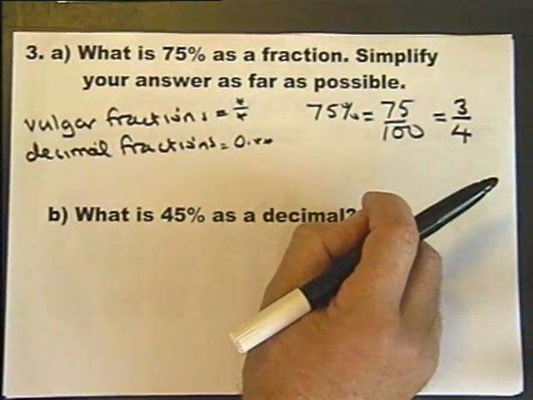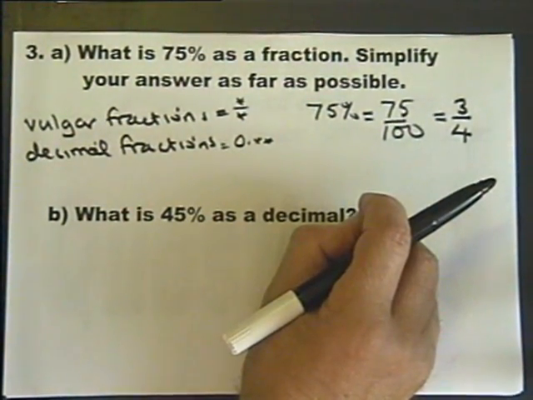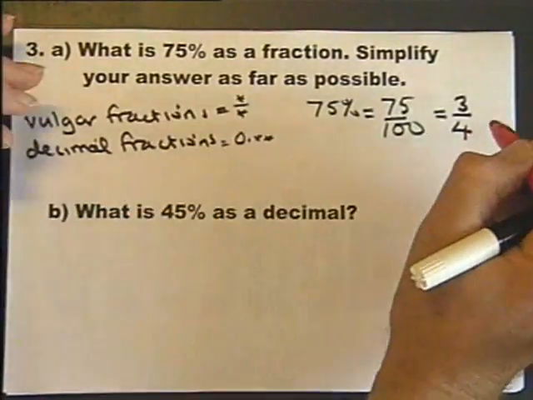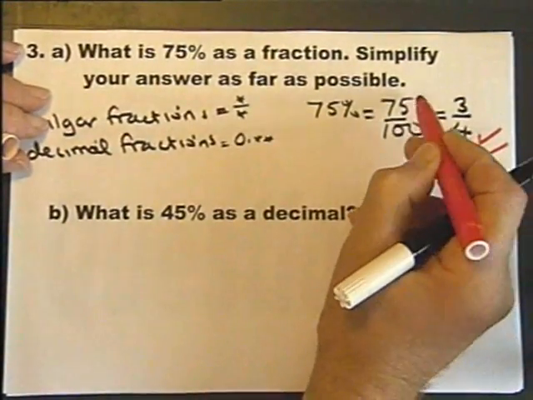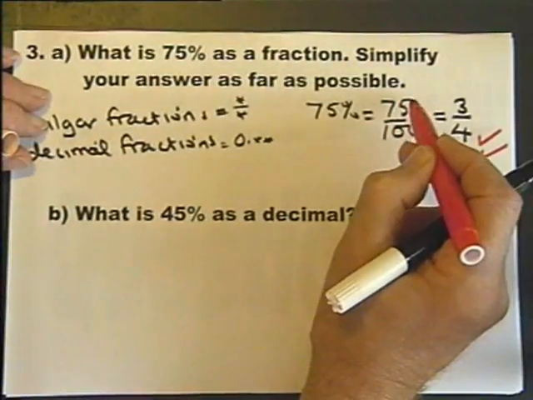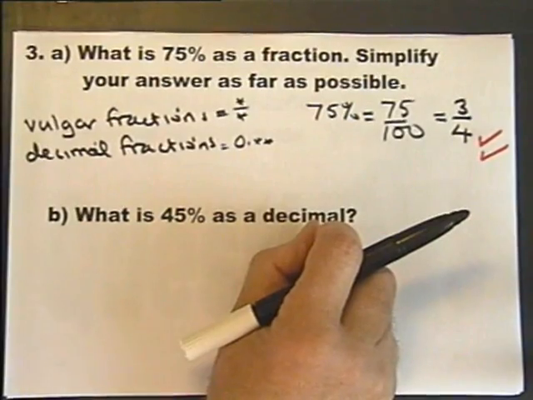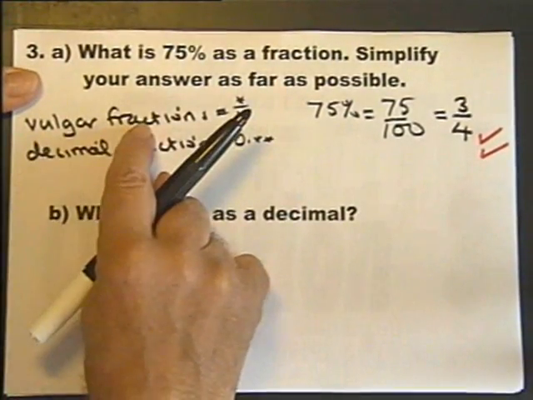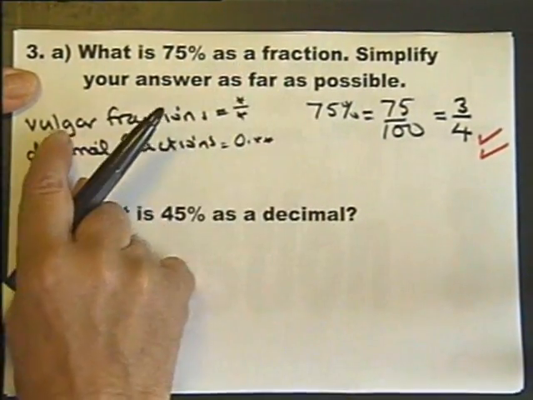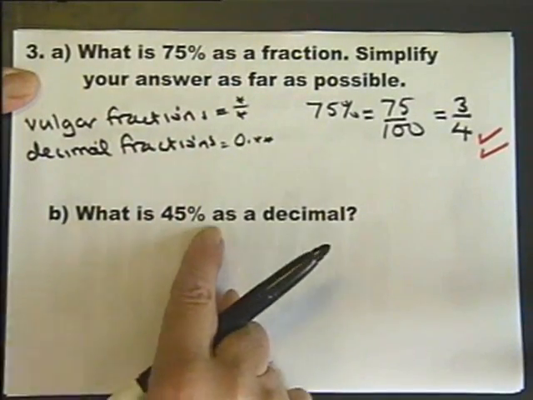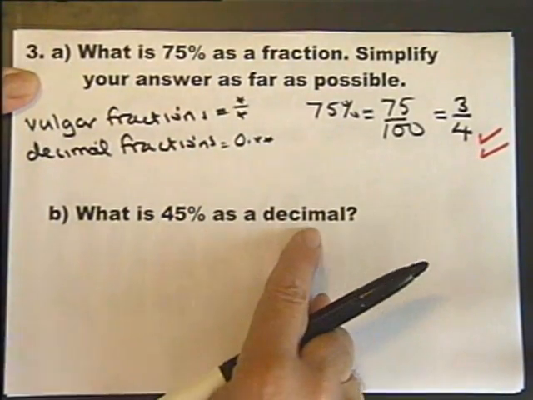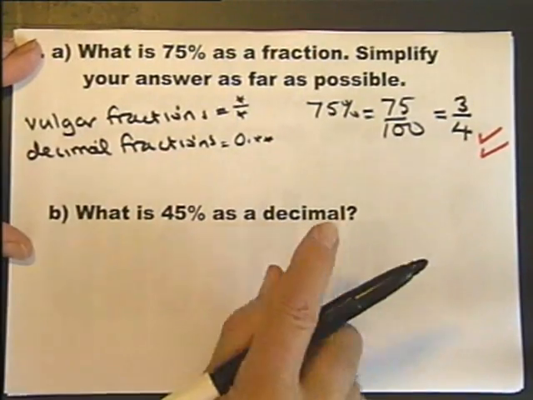If you just wrote down 3/4 and absolutely nothing else, you get 2 marks for this question. If, however, you just wrote down 75 over 100, you get 1 mark for being able to write it as a fraction, as a vulgar fraction. But if it just says fraction, that's what it means. Whereas here, it actually wants you to write it as a decimal, and it could have said